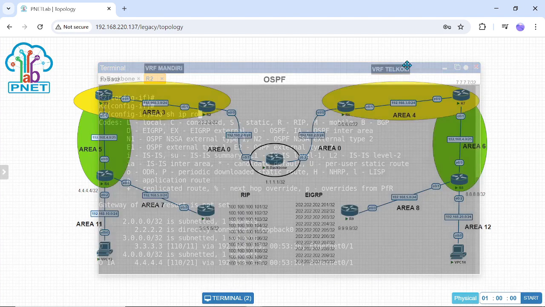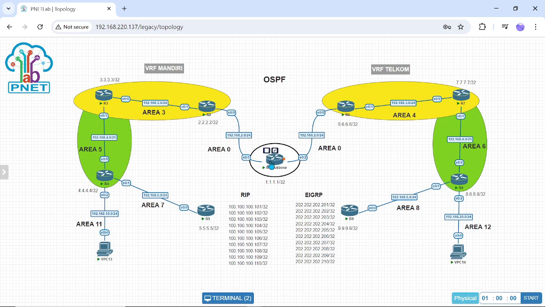If we check in another router, except the router center that makes the VRF, we just enter the command do show IP route. We don't need to enter the VRF name.